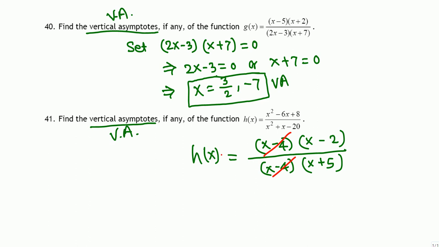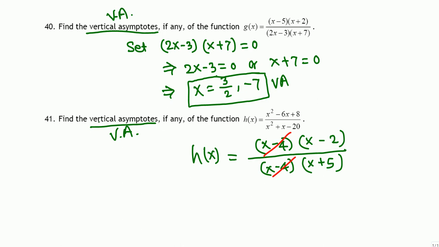If the question were just to find the domain, then the domain would be all reals except 4 and negative 5, because 4 and negative 5 would make the bottom 0, and we need to avoid those to find the domain. But for the vertical asymptotes, we need to simplify, cross out the common factors. For the domain, do not cross out the common factors,